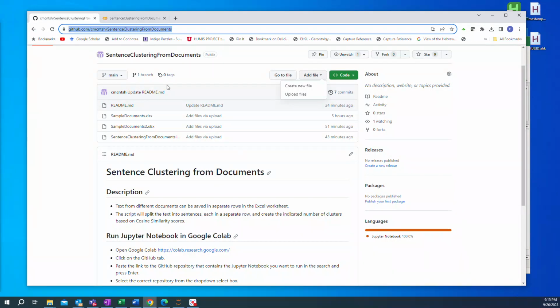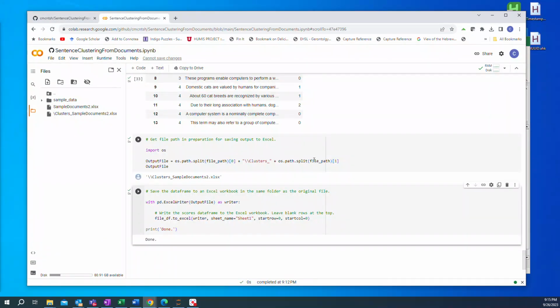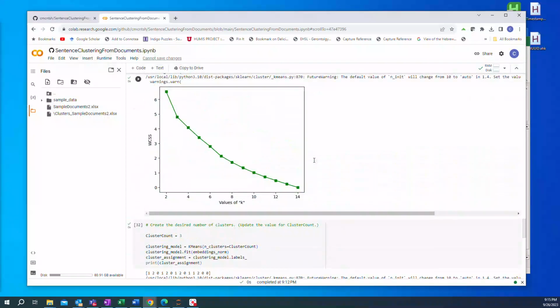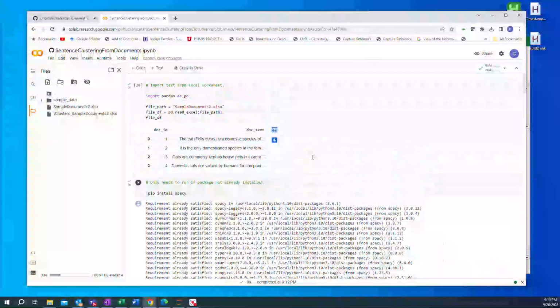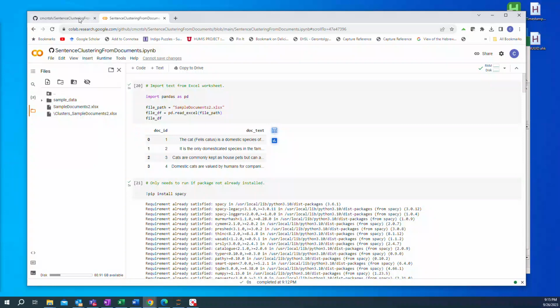But I hope that helps you see how easy it is to run a Jupyter Notebook on Google Colab. And if you've got it in a GitHub repository, you can pretty much use it straight from there in Google Colab, and it really is a nice way that you can be working on some Python. So